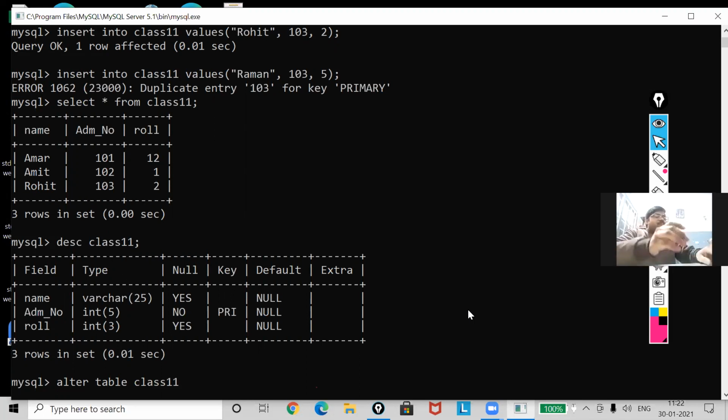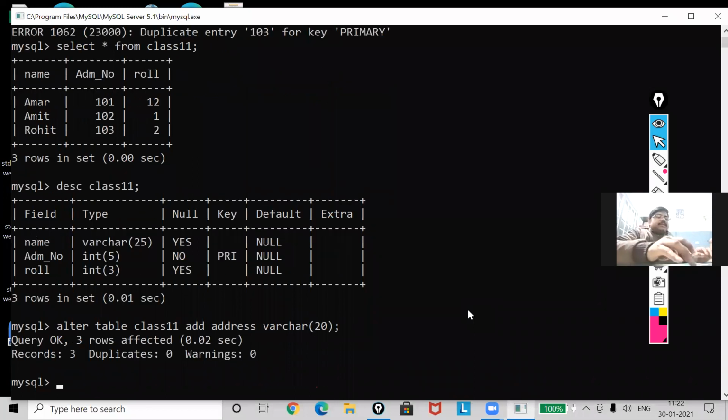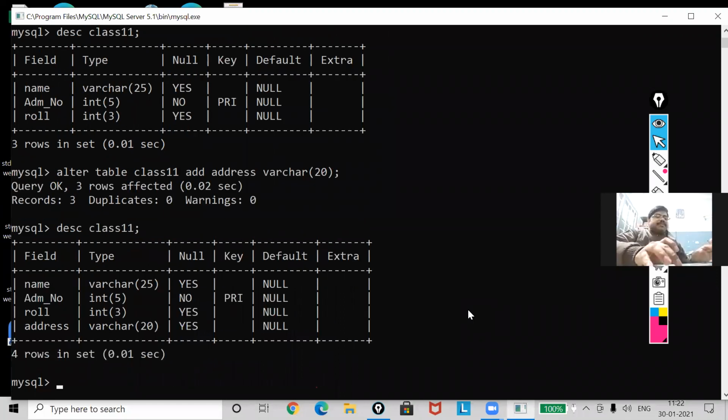Now what I have to add? Suppose address. So I will use add address varchar 20, and then semicolon. Now a new field has been added. Earlier it was showing 3, now it is showing 4.